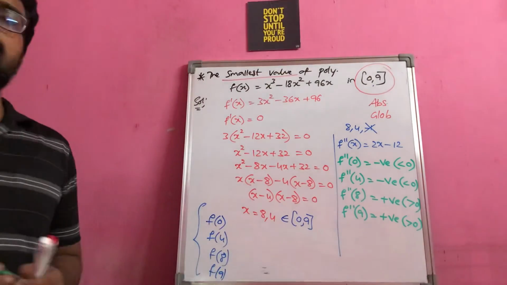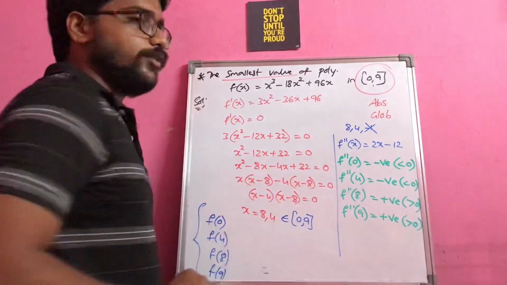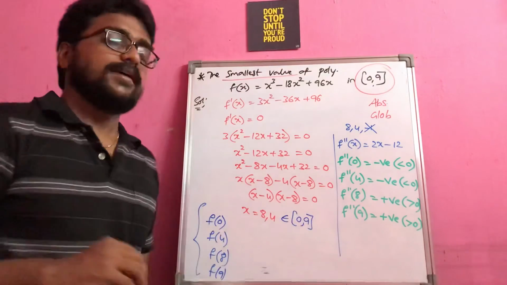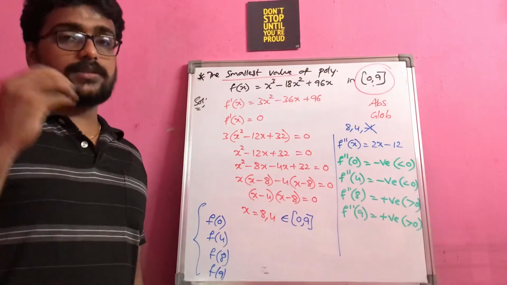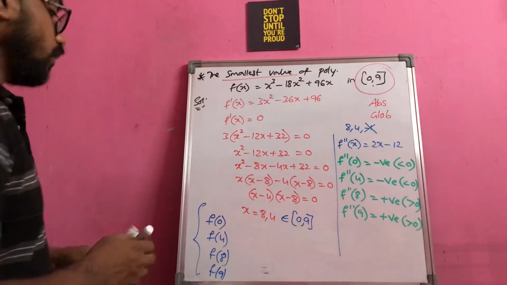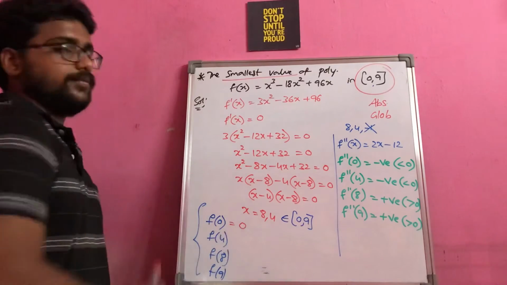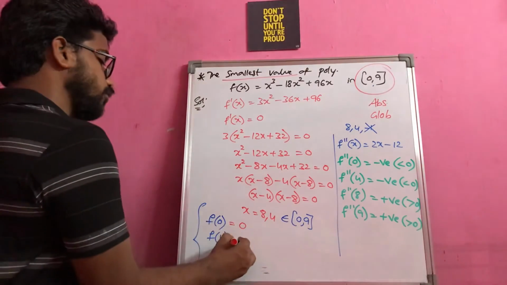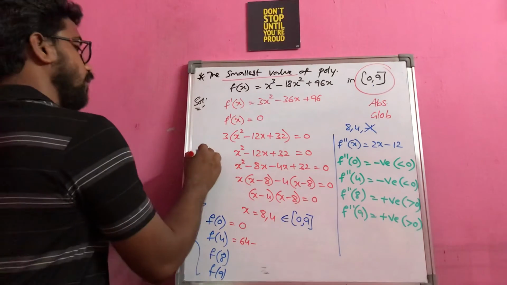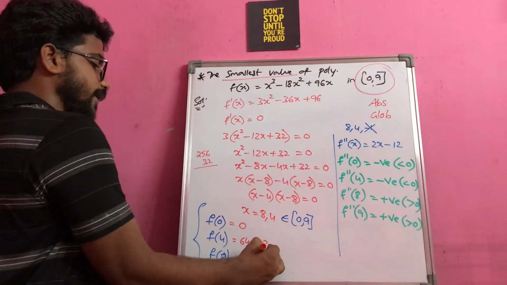So what is happening here, I have a scope of getting a maximum at 0 or 4 and I have a scope of getting a minimum at 8 or 9. So what is that minimum value, what is that maximum value, how to know is you have to substitute in the function. Okay. So I substitute 0, I will be getting 0 only. Now I will substitute 4, that is 64 minus 16 into 18. That means 256 plus 32, 288.